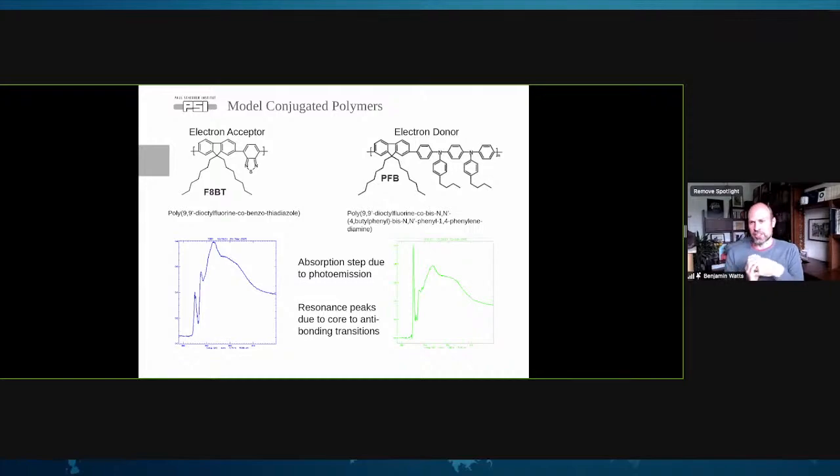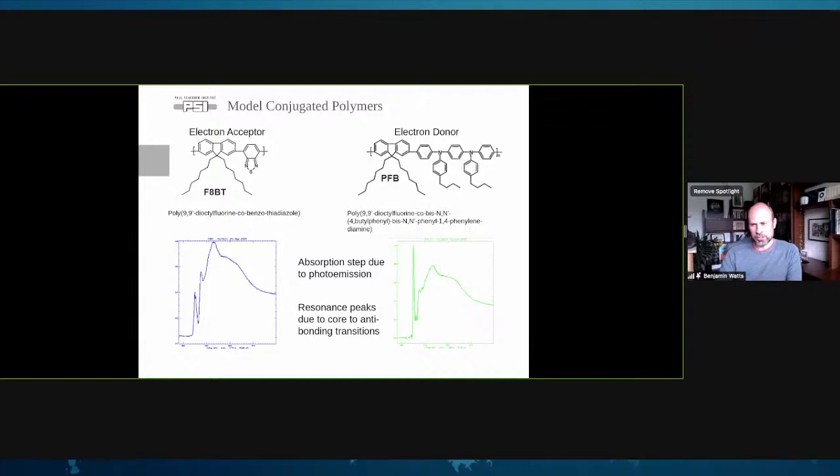This is a synthetic polymer. This pair are F8BT and PFB. These are conjugated polymers, and so they have semiconducting properties, which makes them useful for electronic devices like FETs and solar cells. We can see the structures have a lot of phenyl rings, but there's a little bit of variety